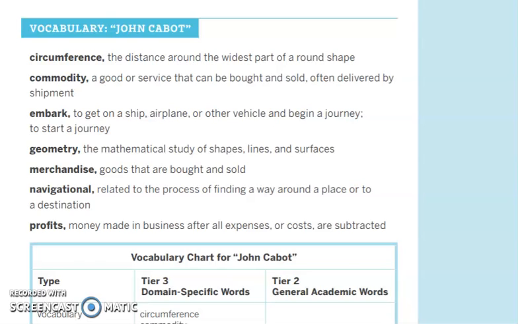Lesson 8 for our unit 9, our early explorations of North America, focuses on John Cabot. He's an explorer just like Christopher Columbus. And he, just like Christopher Columbus, had this idea that he wanted to find a shorter route to Asia from where he lived. And to understand a little more about John Cabot and to understand what we're going to read,